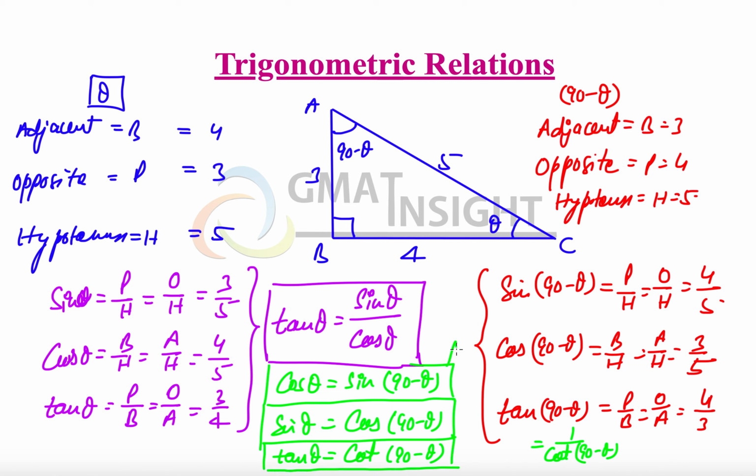So there are these three very important relationships that we have been able to infer by using this simple right triangle. And these inferences are also quite useful in finding the answer to some unknown. For example, sometimes the question gives us this angle theta, gives us this 4, but doesn't give us this 3. So we can use the trigonometrical properties to find out this unknown if we know two of the known things.